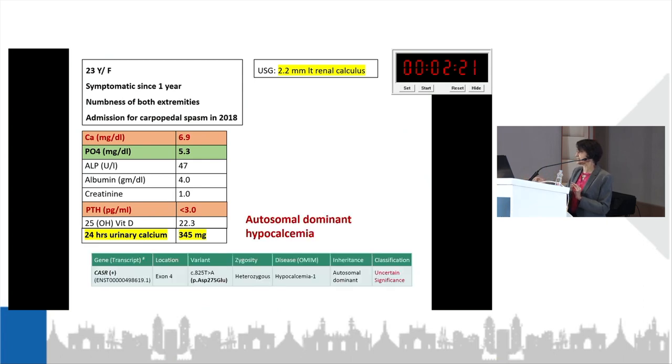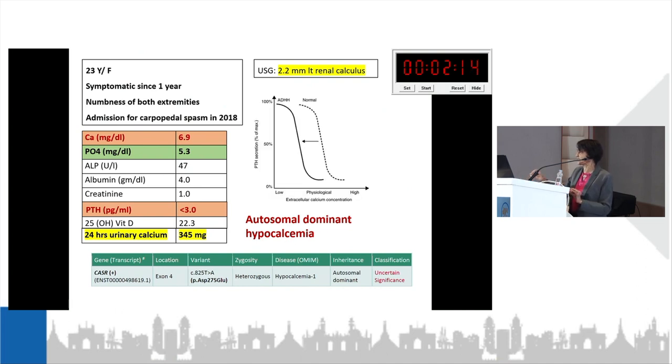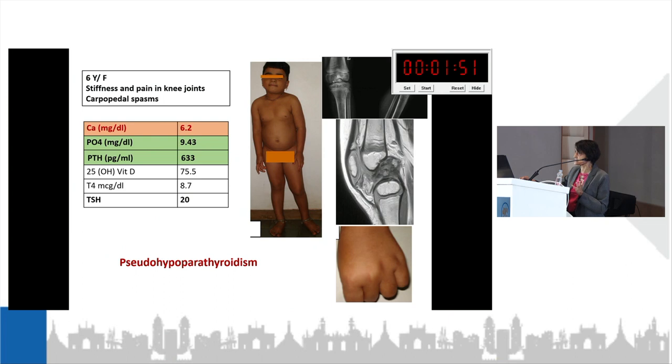And here is a lady who has autosomal dominant hypocalcemia with hypercalciuria, a congenital disease where there is a state of functional hypoparathyroidism with the set point of PTH secretion altered and shifted to the left, leading to hypocalcemia. So no age is barred from representing a congenital onset of hypocalcemia, is the message.